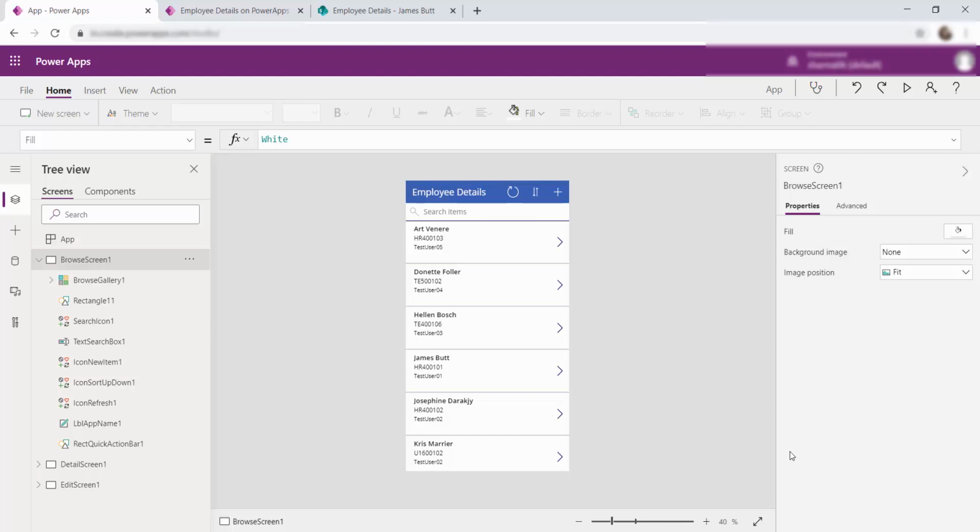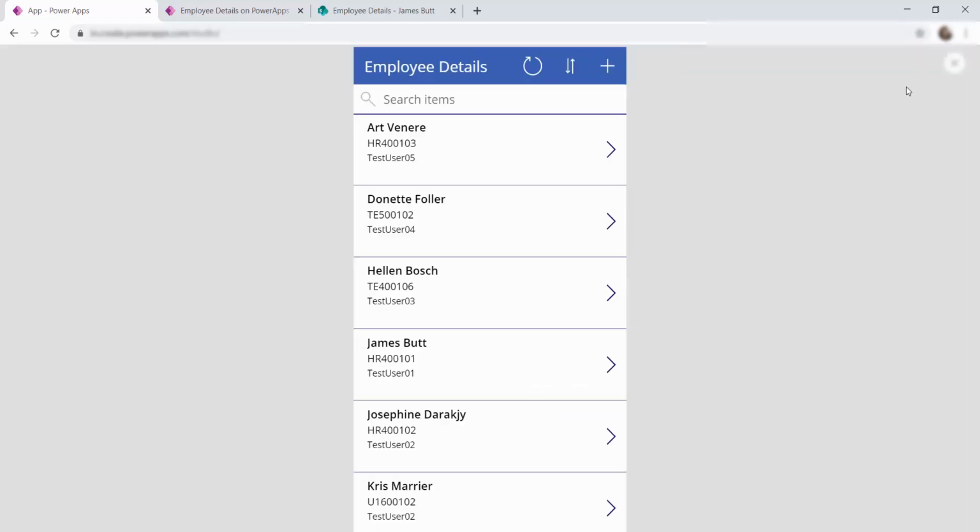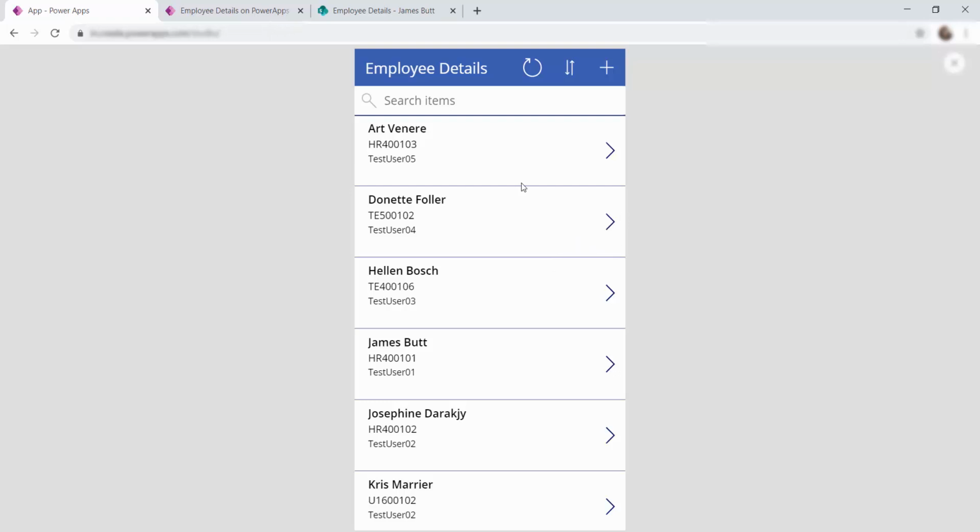Similar to the previous method, we do have an edit section over here, that is default it will come, and in the tree view we have more controls and more screens present. So before moving in depth and analyzing what else we have in this approach, let us go for a quick preview. Okay, and in this view we can see what else is added. We have a banner and some buttons over here. On hovering, this is a create button, this is a sort button, and this is a refresh the list button.